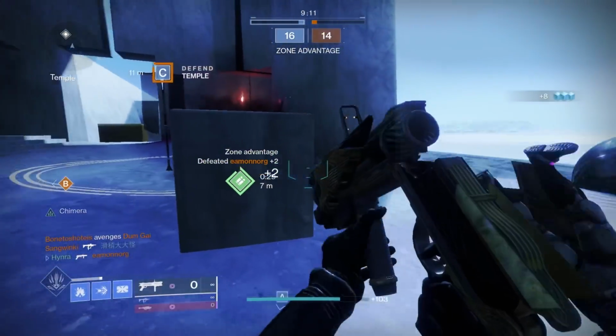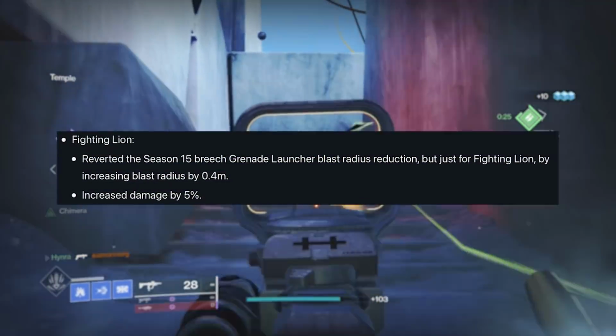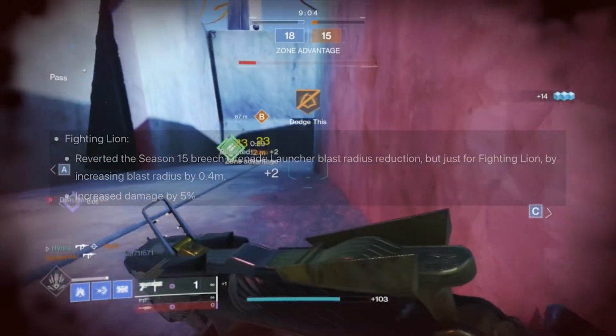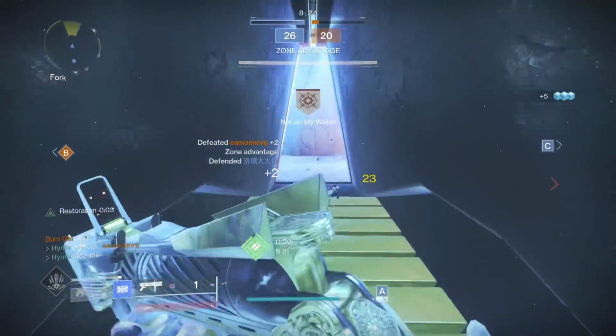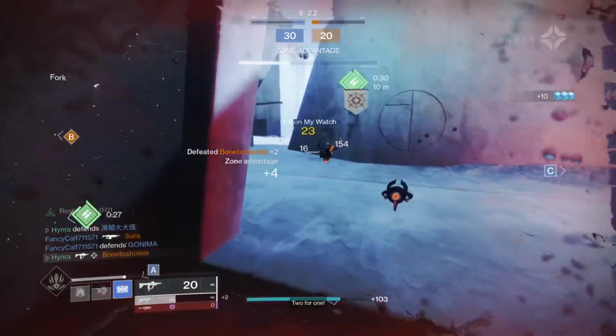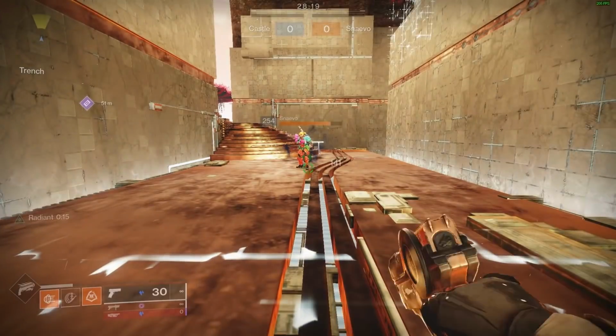And remember, just a couple of weeks ago, Bungie reverted that blast radius back to its original and then added 5% damage. But I swear it's glitched. It's dealing like 20% more right now, so it's absolutely crazy being able to do 201 damage in one shot. All you need is one boost to be active, so while I show you an example of it one hitting